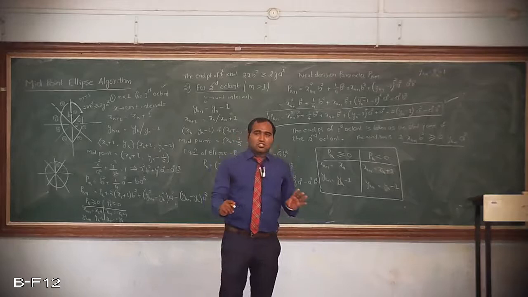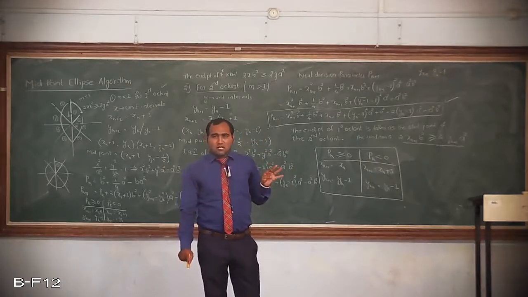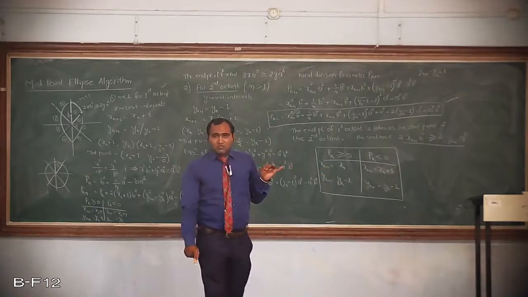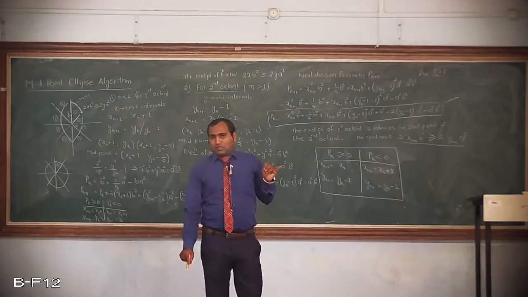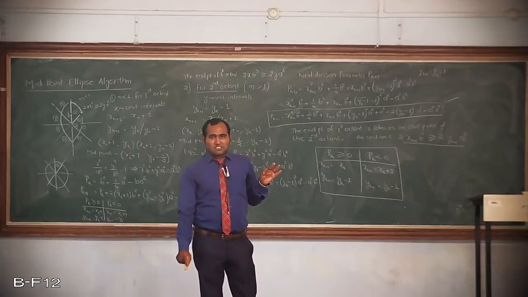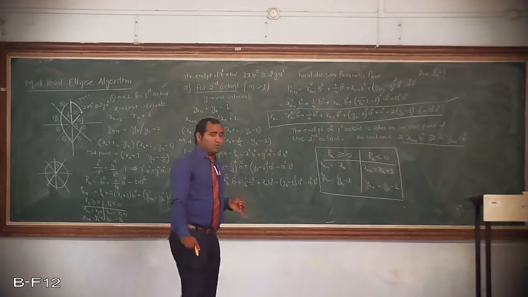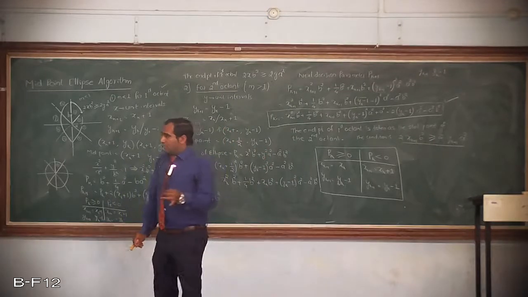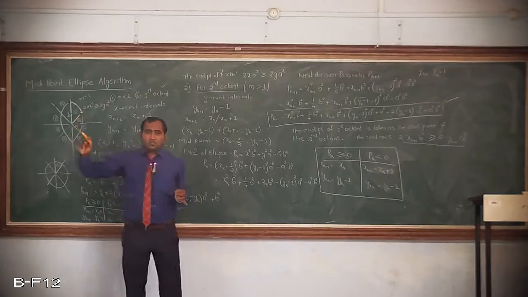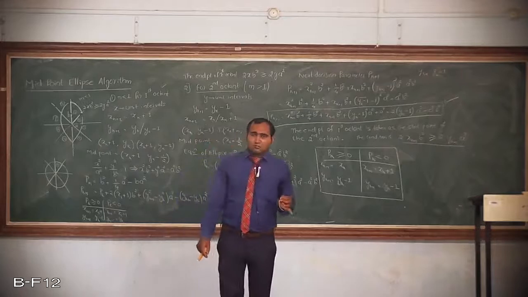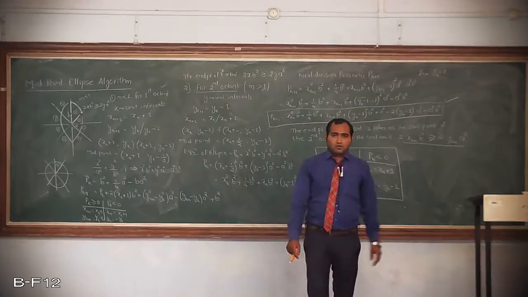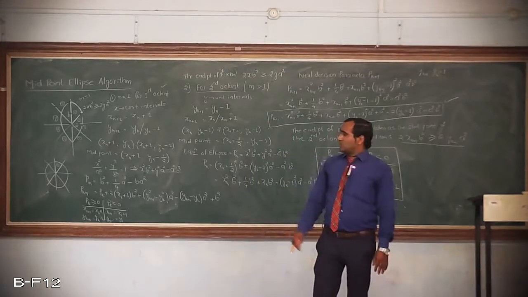Here we have discussed the DDA algorithm first, then Bresenham's line drawing algorithm, the midpoint circle algorithm, and the midpoint ellipse algorithm. We have solved problems on the DDA algorithm, Bresenham's line drawing algorithm and the circle algorithm. You can try a problem on the ellipse also, but while taking the radius, take A and B different. You can take the radius A as 6 units and B as 8 units, and try to solve the problem. So this completes the second unit.